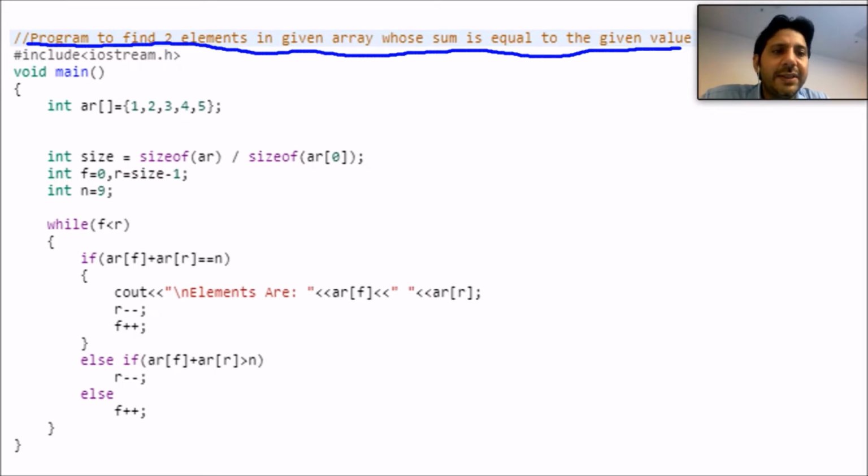Now somebody is asking: give me those two elements whose sum is 3. For sure, 1 and 2 are those elements whose sum is 3, and that is what we have to answer. We have to solve this question with the minimum time complexity. I will tell you how to solve this question. Case 1 is that the array is sorted.